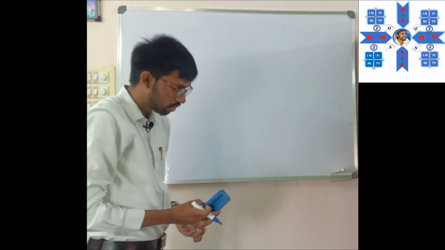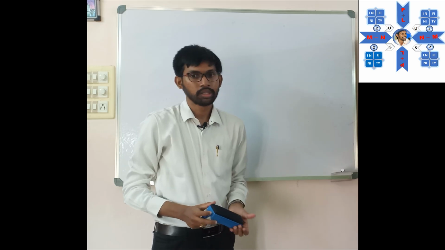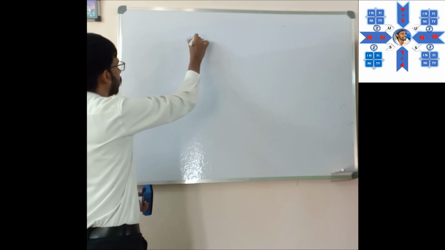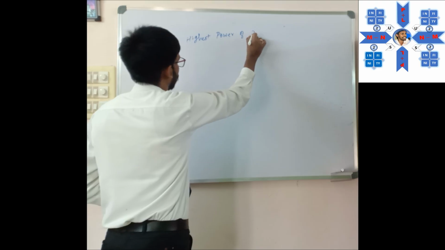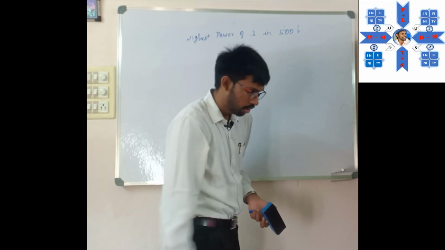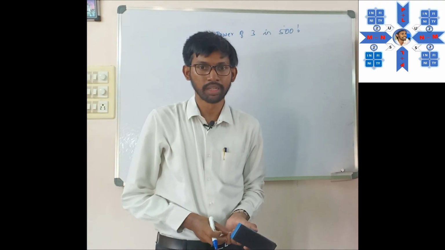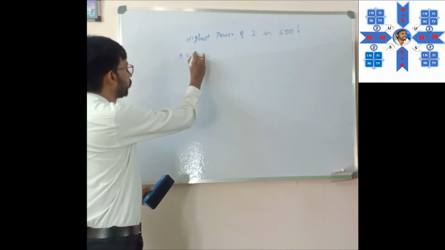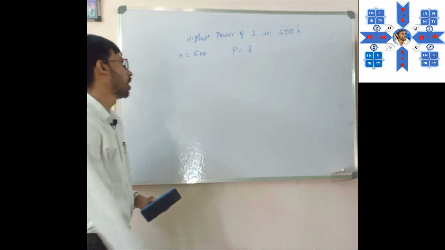So using this concept, we are going to discuss a problem. Identify the highest power of 3 in 500 factorial, in page number 118, exercise problem 7. That's what we are going to solve. So in this case, n equal to 500, p equal to 3. So the highest power of